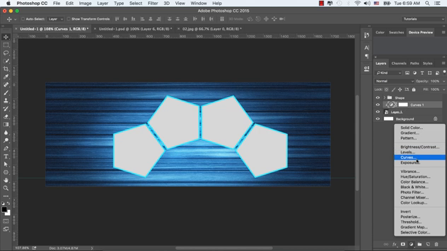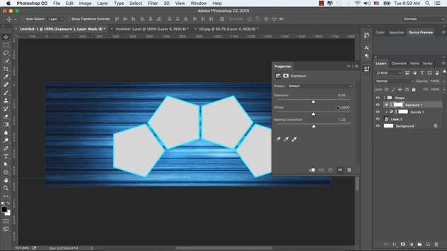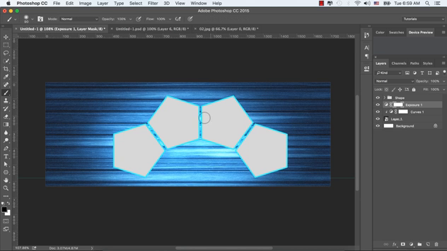And now let's select the exposure from the adjustment panel, and let's increase the exposure to plus 0.67. Let's select the brush tool from the toolbox,